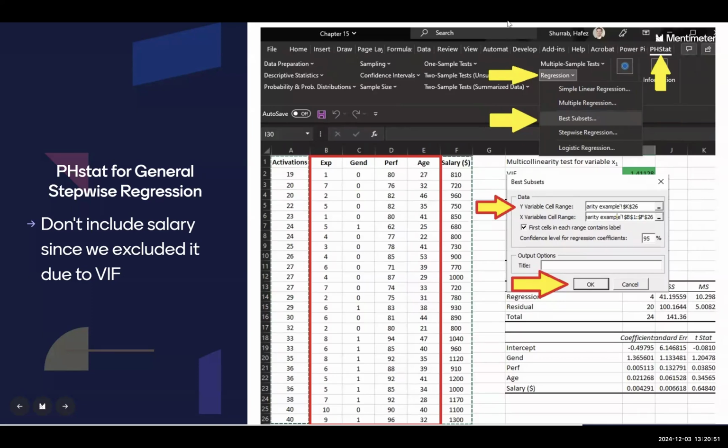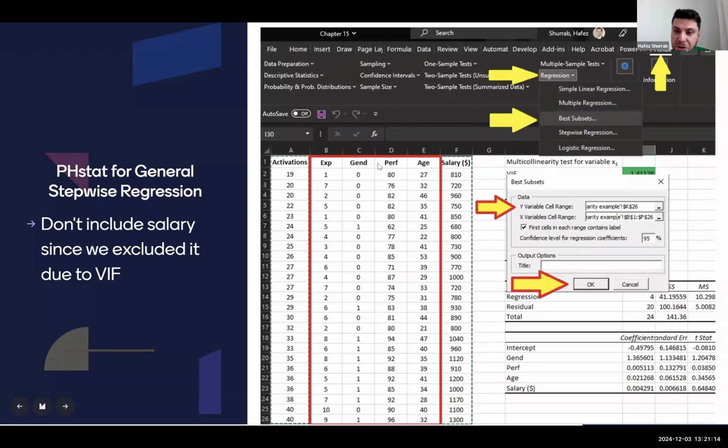Okay, so what does the PHStat add-in do here? It does the modeling, so the stepwise regression and the best subset, just to see which, you know, what modeling means here in this case. Yeah, the tables that we have on the right, like the coefficient, standard error, how many variables should be